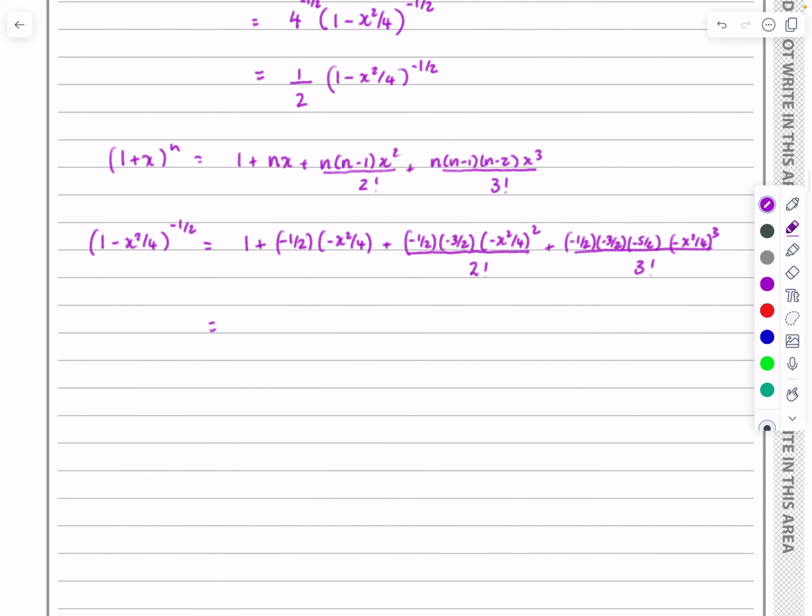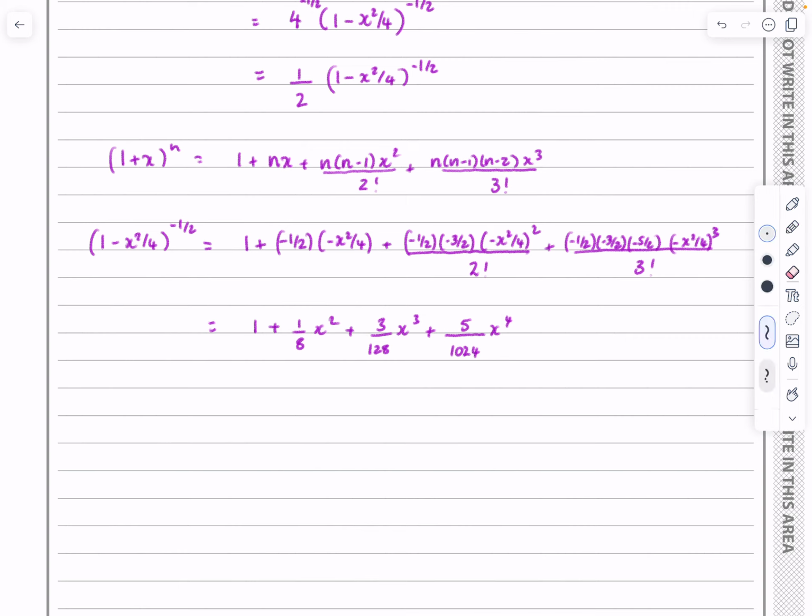So that's going to give me 1. It's going to give me plus an 8th x squared. It's going to give me plus 3 over 128 x cubed, and it's going to give me 5 over 1024 x to the, oh sorry, not x, yeah, so okay, I'll keep this in, I won't delete this when we're